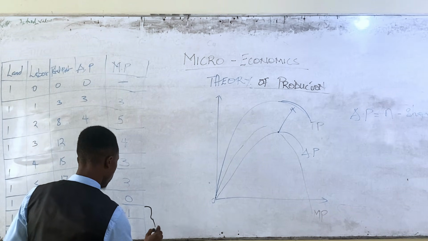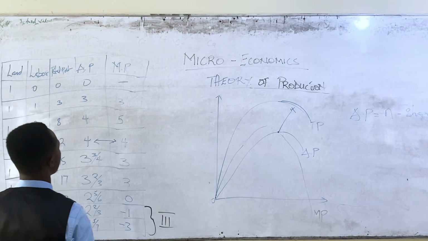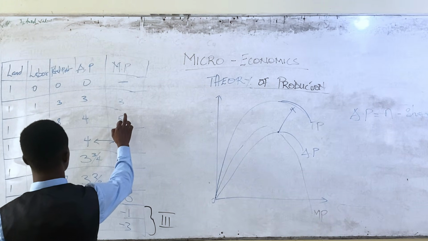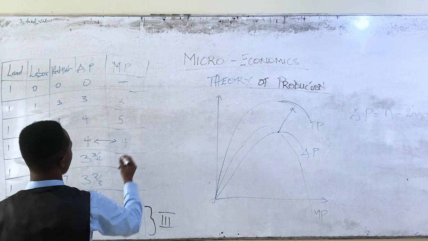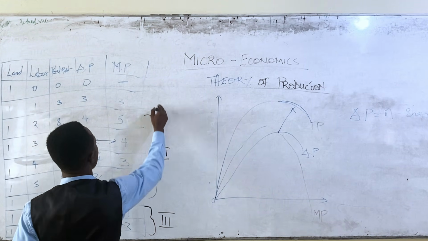This is the third stage. Stage 1, 2, 3. Okay, then from the maximum, where is the maximum? This, the maximum for the marginal, and to 0. So this place is stage 2, and this is